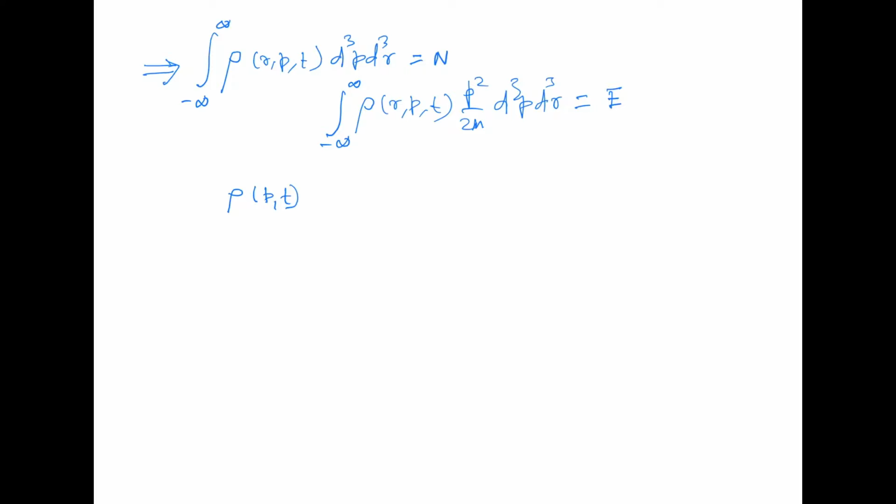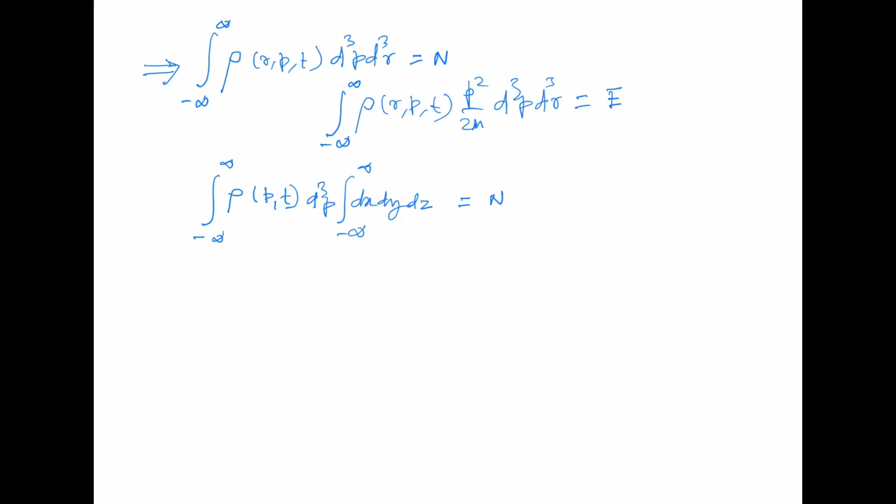We'll write this as rho(p, t) d3p. Now d3r is dx, dy, dz, and when we integrate each from minus infinity to plus infinity, it will be